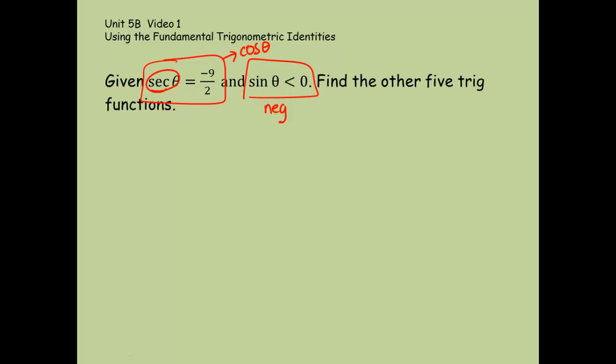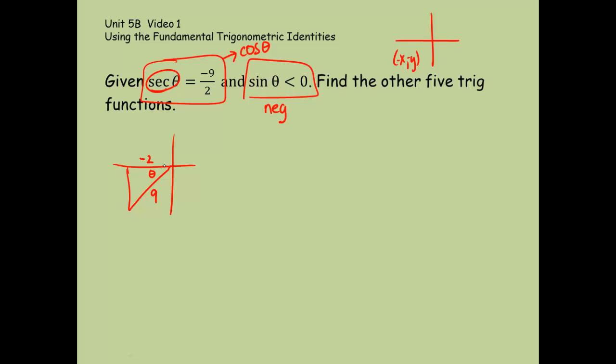So if cosine represents my x and sine represents my y value, and the information given tells me that they're both negative, there's only one place where both the x and the y are negative, and that's in the third quadrant. So even though it didn't state it's in the third quadrant, we have to use the information we know about where sine and cosine are positive and negative. So here's our angle, and this 9 is my r value, but it's not negative. It's the